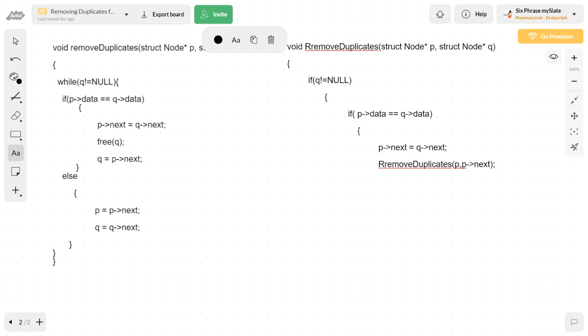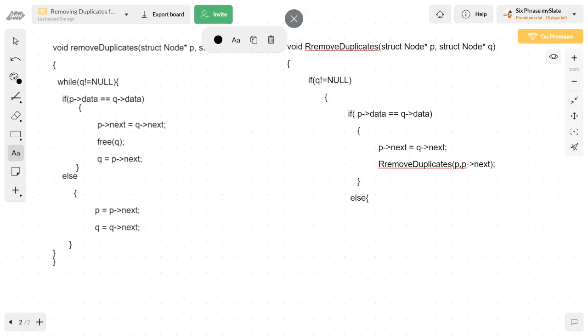Suppose this condition is evaluated to false, then you have an else block to be executed, inside which you're changing the value of p and the value of q.